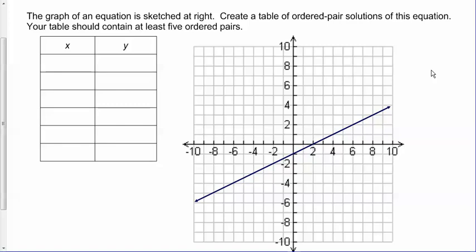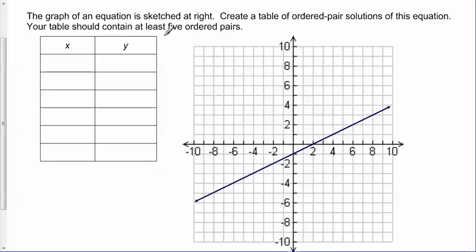So what we're being asked to do is to take this graph, which is, remember, just a picture of solutions of some equation. We don't know what the equation is, but that's all right, because we don't need to use an equation to come up with ordered pair solutions of whatever the equation might be. What we're going to do is read the graph to find some solutions to